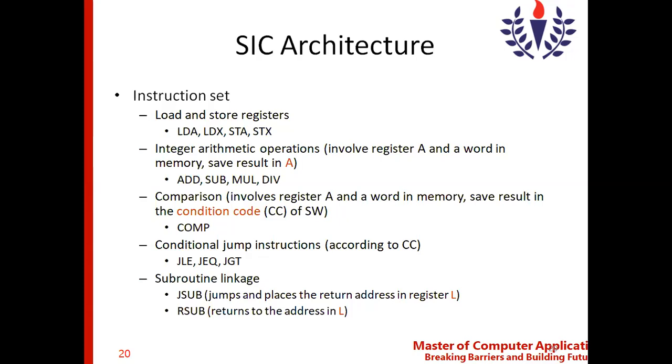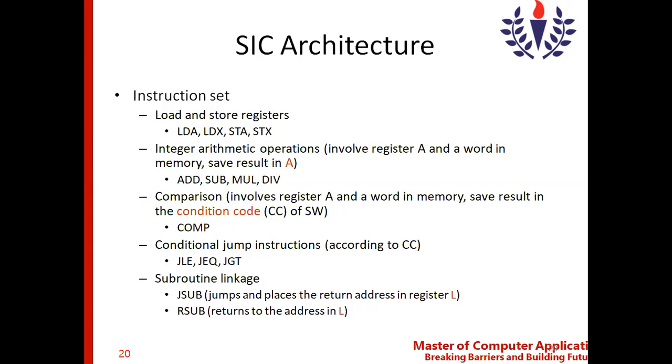That is why, if you look at how the operation is performed, an arithmetic operation involves register A and a word in memory. These two values are added and the result is again stored in the accumulator. So A is nothing but accumulator. That is why, when we were discussing the accumulator in the registers, I was telling you that this accumulator is used for arithmetic operations. So when you involve addition, subtraction, multiplication, and division, we use the accumulator. Similar to addition, same way we can do the subtraction, multiplication, and division.